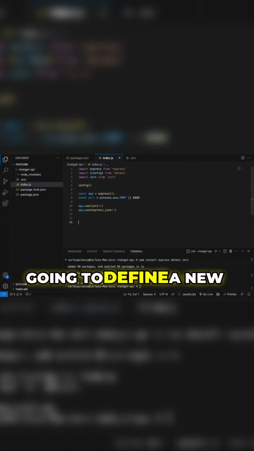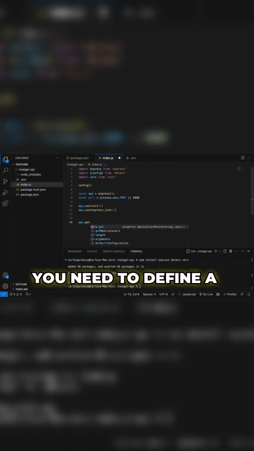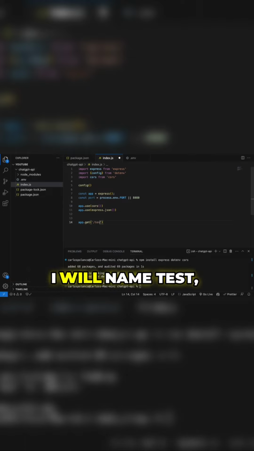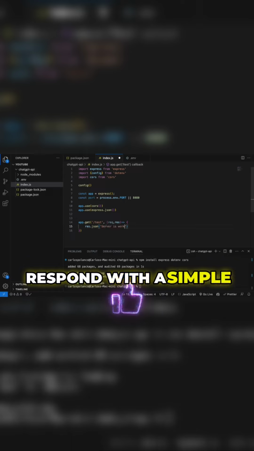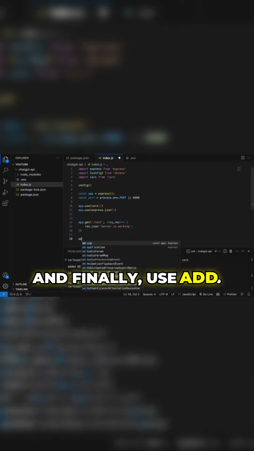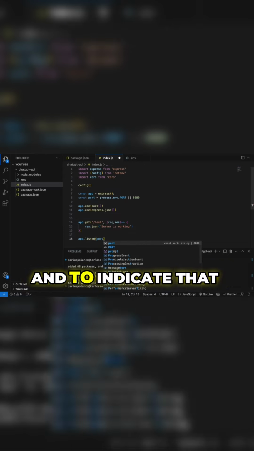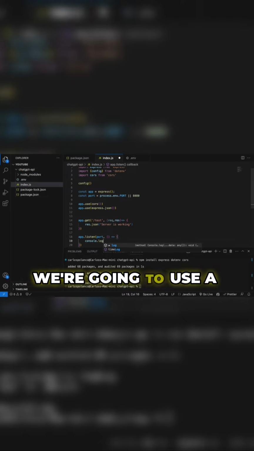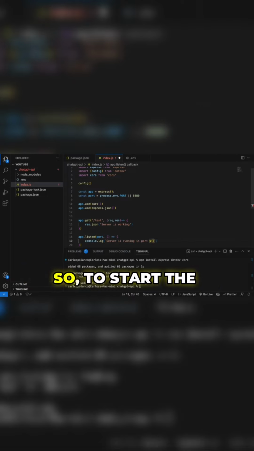But we need a route to test our server. Therefore, we're going to define a new route with the get method. You need to define a name for the route. I will name it test, handling the request and response. And this route will respond with a simple message. And finally, use app.listen to start the server, and to indicate that the server is running, we're going to use a console log with a message. So to start the server,